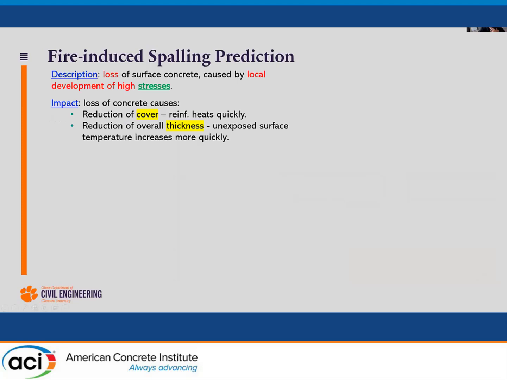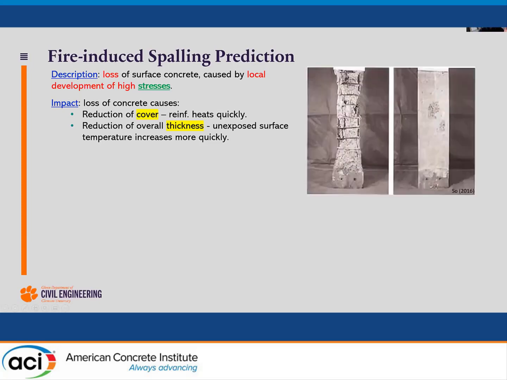Now, one of the other problems that arises with AI is what we call fire-induced spalling. This is a very big phenomenon, and I'm sure you have seen something like this. So basically, this is a concrete column before firing, before we apply temperatures. As you can see, it looks very nice. It's unique. And after fire, you can see the cross section has lost a lot of size, just simply because of